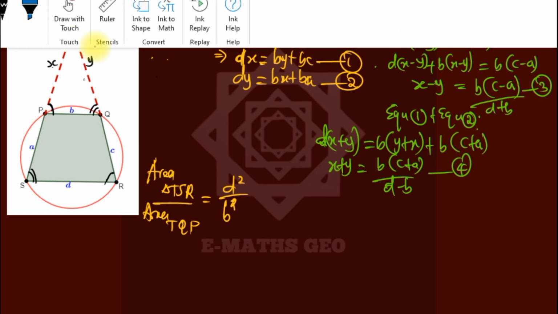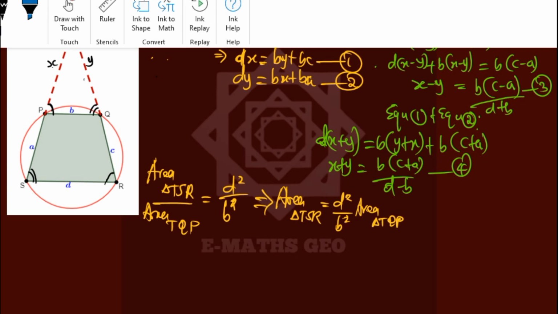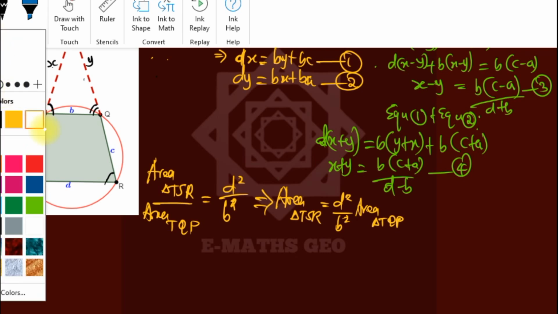So making the big one the subject of the formula, we see that the area of the big one, which is TSR, is now equal to d squared over b squared of the small one, area of triangle TQP. Yes. Now we need to get the area of the quadrilateral. Looking at the diagram,